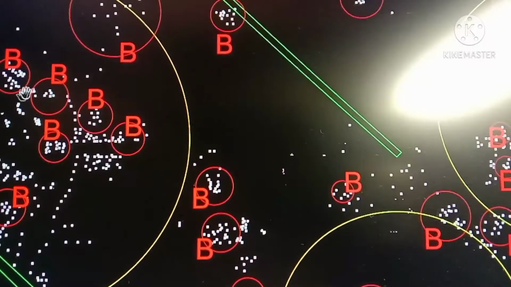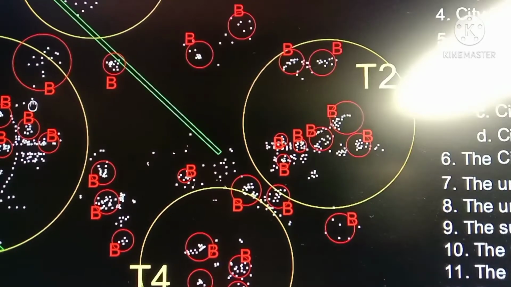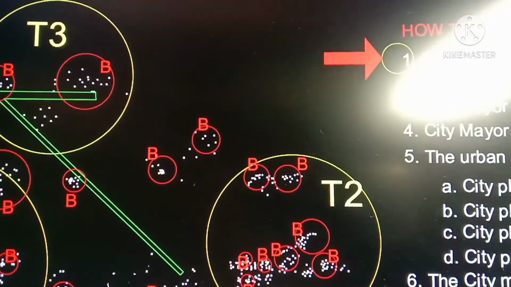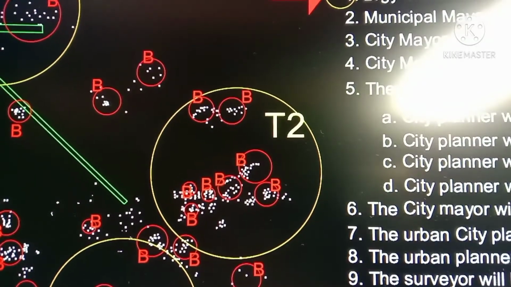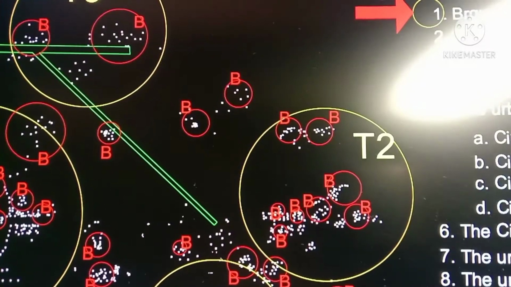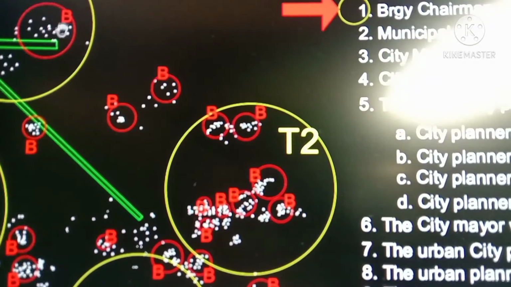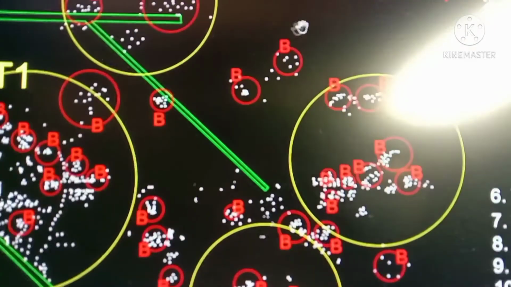Okay? So in this town 1, aside from this one, there are also other forms of barangays or sitio or barrios. So you have here town 1, town 2, town 3, town 4, and town 5. So every town has its own groups of barangays. As I encircled here, letter B means it is a barangay. So a group of barangays to form into a town must have the requirements that I mentioned here.